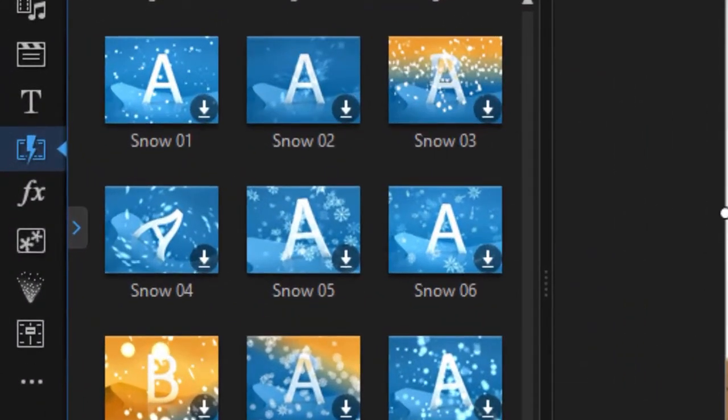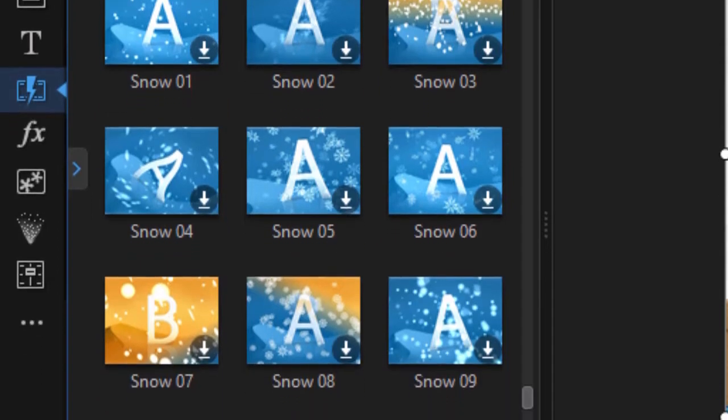And if you look on the left panel in the transition room, you're going to see 10 icons that start with the word snow, and each of them have a little down arrow in the lower right corner. That indicates that they are now available to me as new transitions. I don't have to go through the Application Manager anymore. In order to acquire any of these transitions, let's take Snow 01 for example, all I need to do is